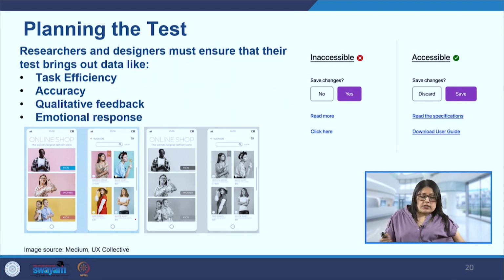So of course we have to take care that the task is the most important and the efficiency of task completion needs to be taken care of. That is our primary goal. Accuracy is also important. We have seen how small errors can lead to situations where it can be very embarrassing for the users at times. So how can we ensure that that situation does not come where the user has to save their face or they are feeling embarrassed?